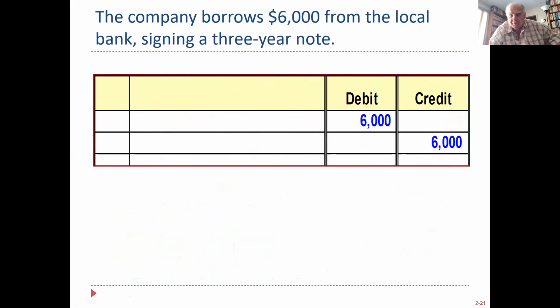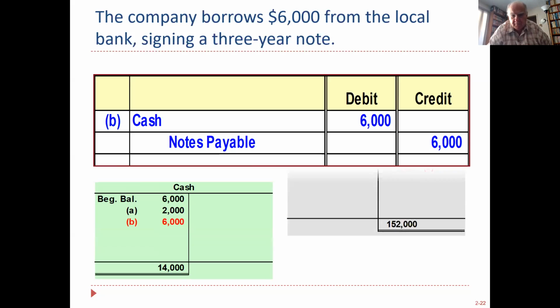We borrowed money from the local bank. Wow, that's the example I just came up with, huh? Signing a 3-year note. That means the money obviously is going to be paid 3 years from today. And with a note, there's going to be interest expense. There's going to be a written contract signed by both parties. And it's unlike accounts payable, which is on faith, okay?